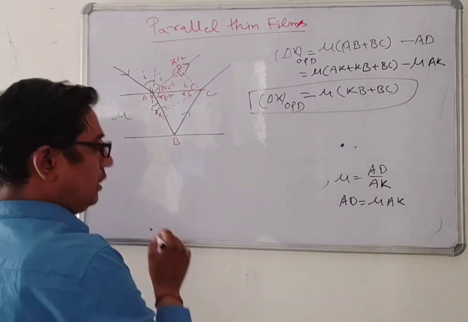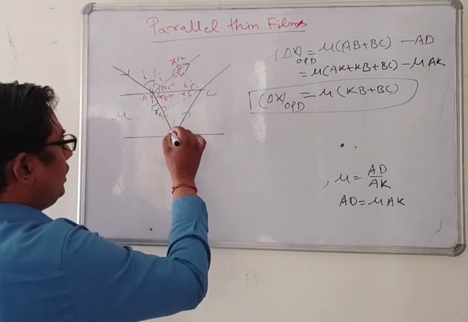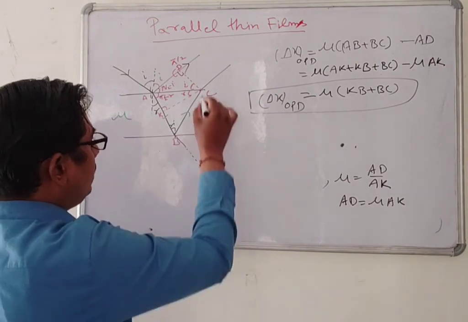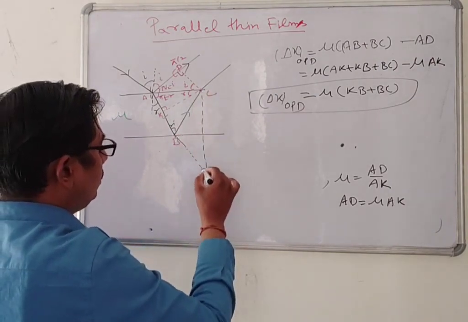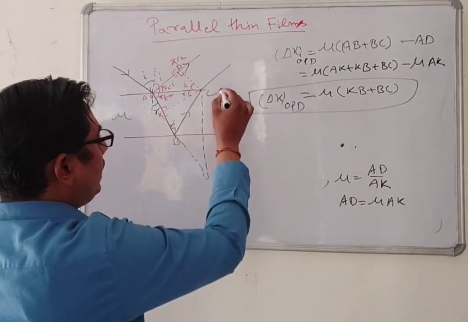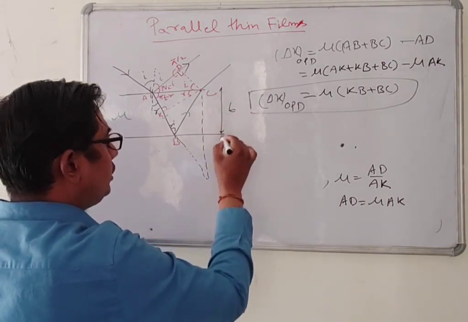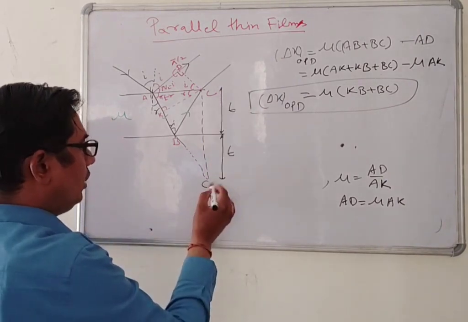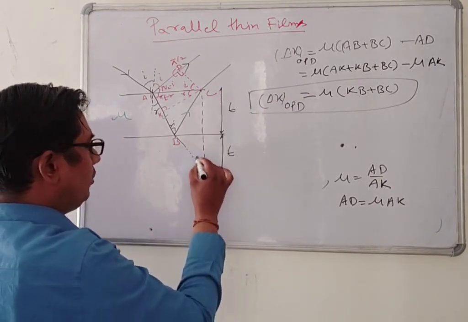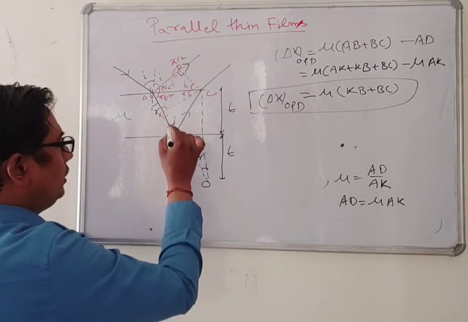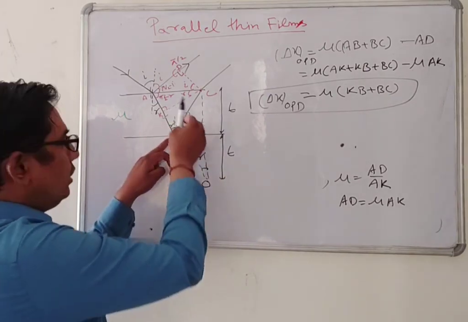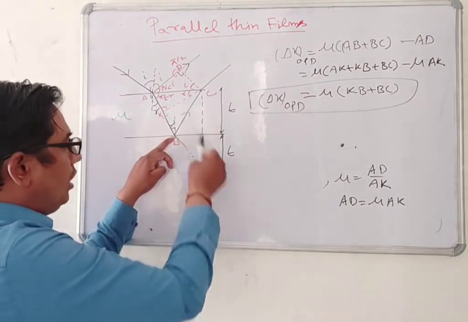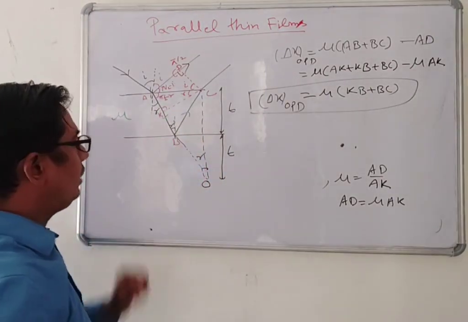Now again you can see that also you know that this angle is R. When you extend this light in this manner, like that, you will see that the thickness of the film is T. Its thickness will be equal here. This angle will be R, because this angle will be the perpendicular. All the angles will be equal to R with the perpendicular, like that.